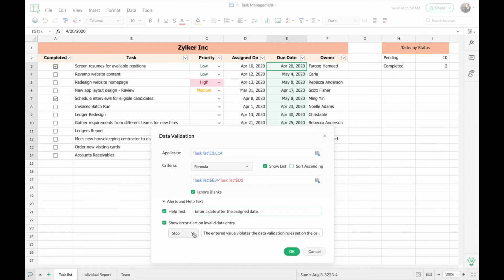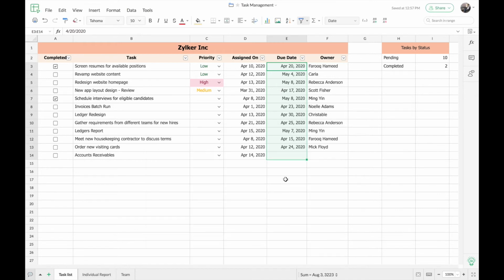So as I mentioned before, for data validation, you can choose the level of restriction you want. That is, if you want the invalid values not to be entered at all, you can use the stop option here that is given by default. But if you want those values to be entered into the cell with a warning so that you can later on check them, you can use the information option here in the drop down too. So now I'll just leave it as stop because I do not want any invalid values to be entered into that range, and click on OK. So now this range has the data validation rule applied on it.